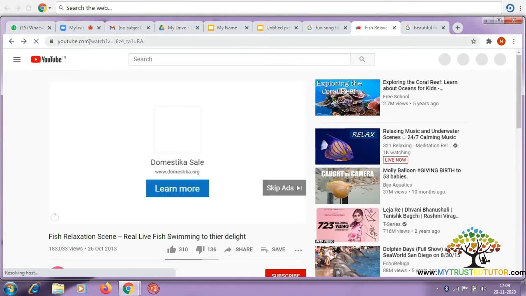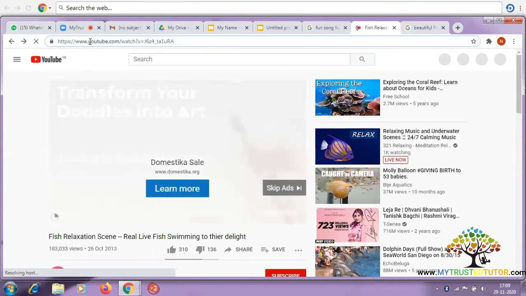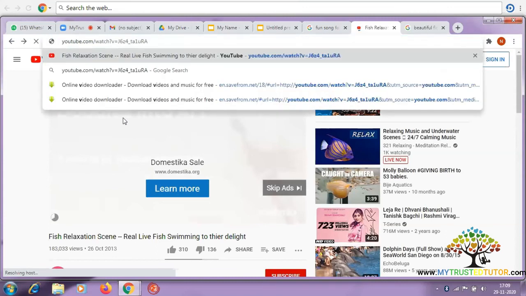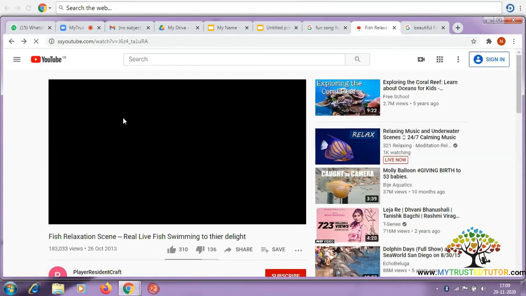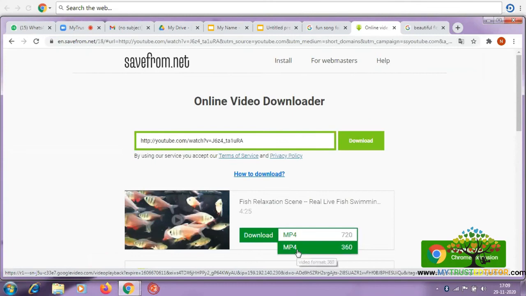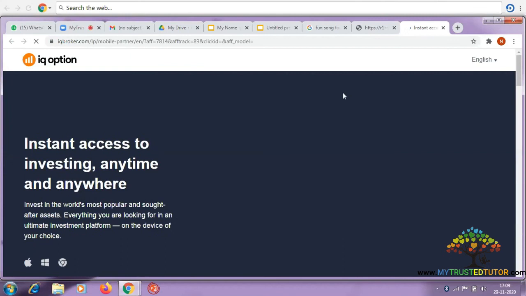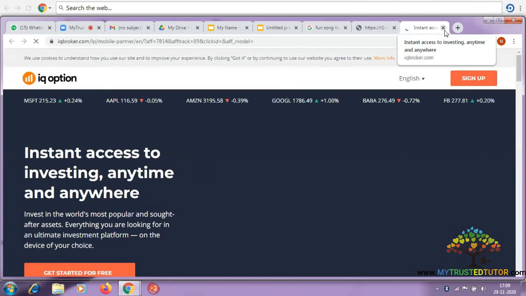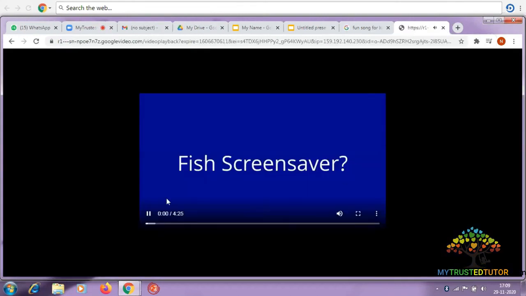As you can see the URL over here, you just have to click before Y, backspace everything, and just type SS. Enter, download MP4 360. As soon as you click on this, you get this advertisement. So what you have to do is click on this cross over here. You can see the tab. You just cross it and then you get it over here. Three dots and then download. As soon as it shows download, you can see over here that it's getting downloaded. Okay, so this is how you download.